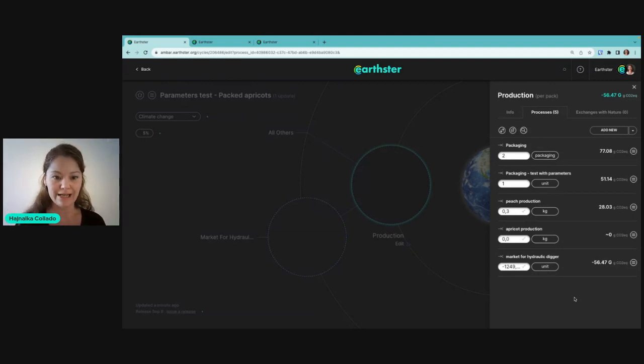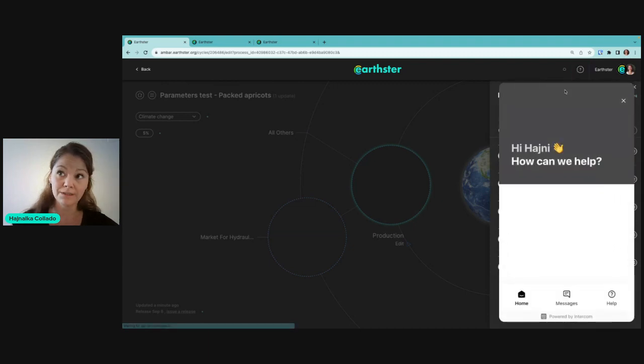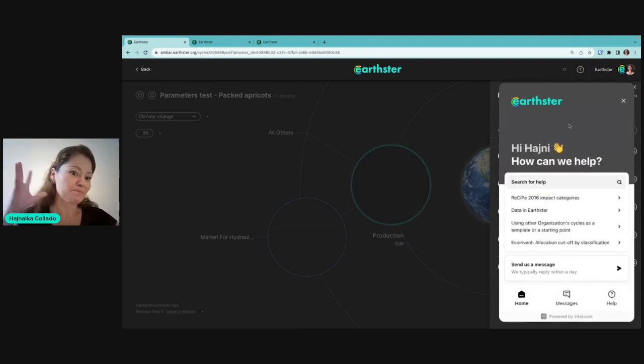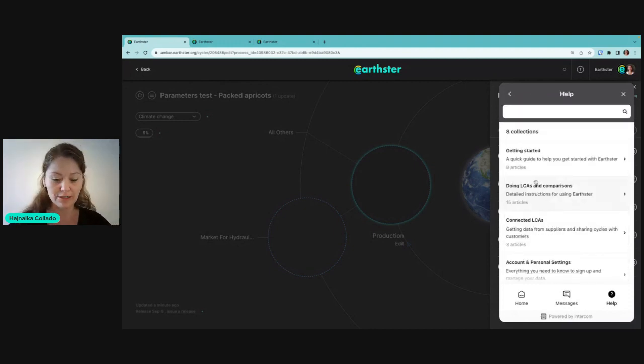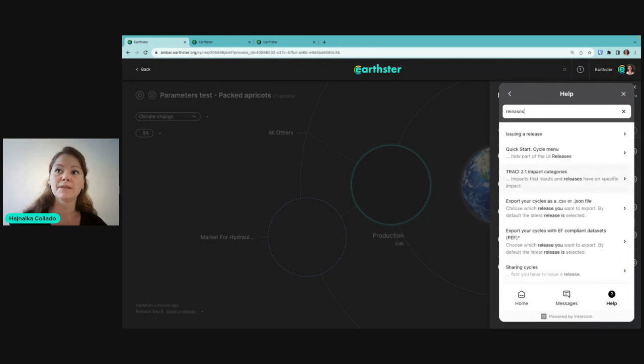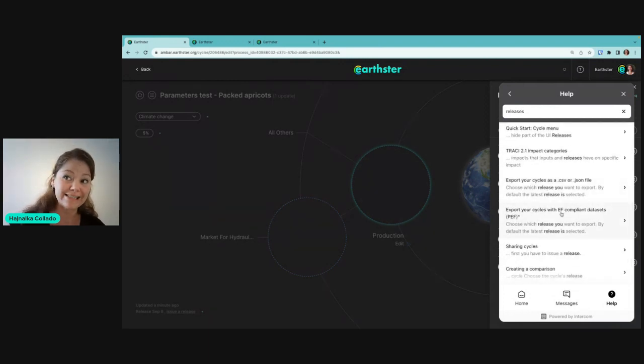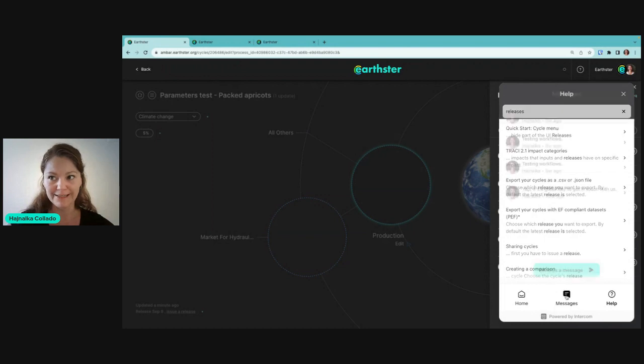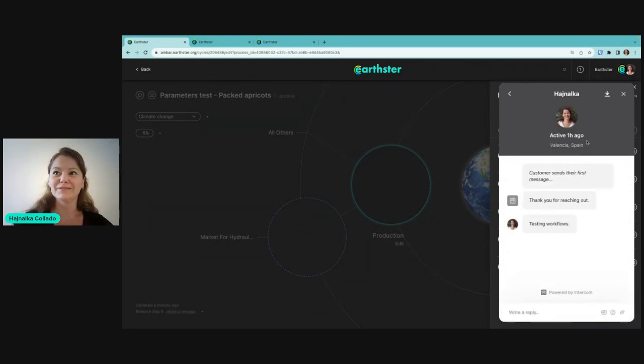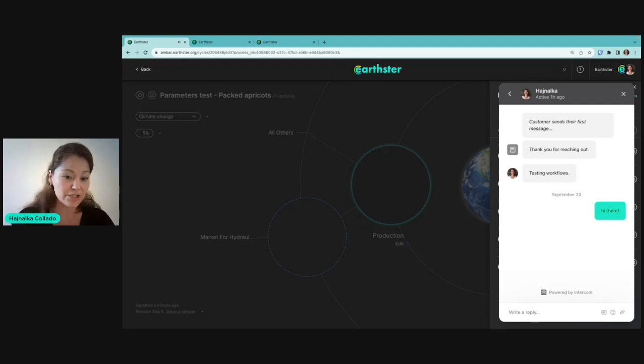And anytime you need help with using Earthster, you click on the question mark, you click on help me, it opens this support portal. You can search for articles. For example, you say releases, and then it shows you all the articles that the word release shows up in. And then if you don't find a good documentation, what you're looking for, you click to messages and you send a message. And look, you're likely to have one automated message from me, but you can start a new one. And this is, you're saying that, hi there. And then someone from us, mostly me, answers when we're available. And this is how you do. That's customer support